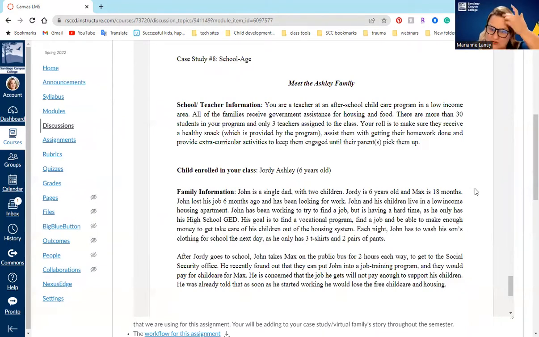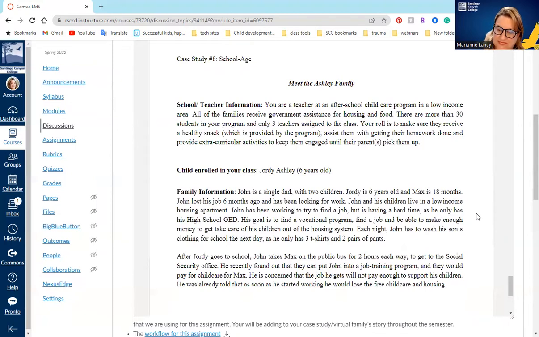The child enrolled in your class is Jordy at 6 years old. So a 6-year-old is about a first grader, maybe a kindergartner, maybe a second grader, depending on how well they've done academically. Here's their family information. John is a single dad with 2 children. Jordy is 6 and Max is 18 months, so 1.5 years old. John lost his job 6 months ago and has been looking for work. John and his children live in a low-income housing apartment. John has been working to try to find a job, but is having a hard time, and he only has his high school GED. His goal is to find a vocational program, find a job, and be able to make enough money to take care of his children